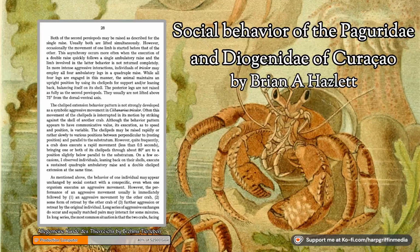The cheliped extension behavior pattern is not strongly developed as a symbolic aggressive movement in Clibanarius tricolor. Often this movement of the chelipeds is interrupted in its motion by striking against the shell of another crab. Although the behavior pattern appears to have communicative value, its execution as to speed and position is variable. The chelipeds may be raised rapidly or rather slowly to various positions between perpendicular to resting position and parallel to